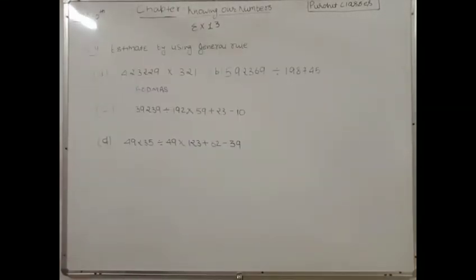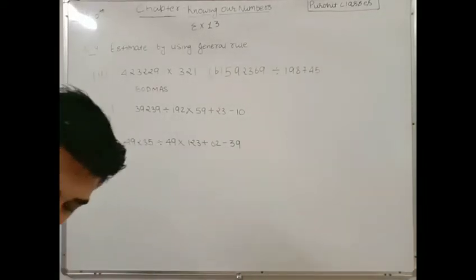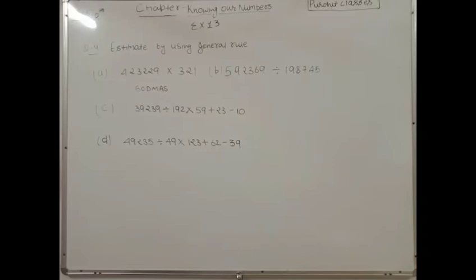So here are some questions which are homework for you, that again you have to estimate by using general rule. As you can see, the first part is 4,23,229 multiplied by 321. And you know very well how to use general rule. This will be rounding off up to the greatest place. Similarly, the B part you can solve yourself. That is, first you will estimate, after that you will find out the